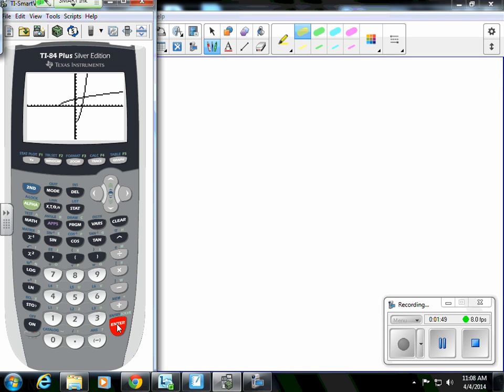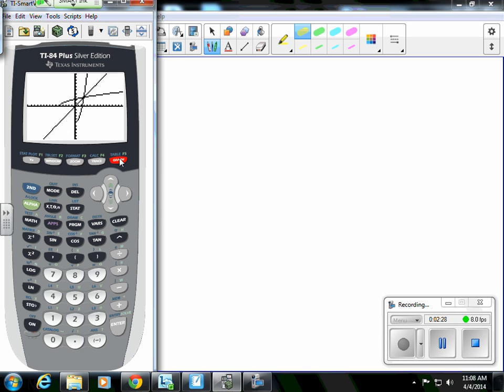It's going to show me y1, and then it did in fact draw that inverse of y1, which was the square root of x plus 5. If I go back to y equals, and now let's cursor down to y2, and we all know that an inverse is reflective across the y is equal to x line, so I'm going to put that line in there, but instead of being the regular line, I'm going to come over all the way over to the type of line. I'm going to hit enter several times, and I'm going to ask that it be a dotted line,